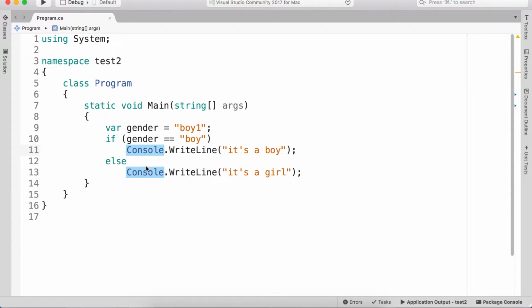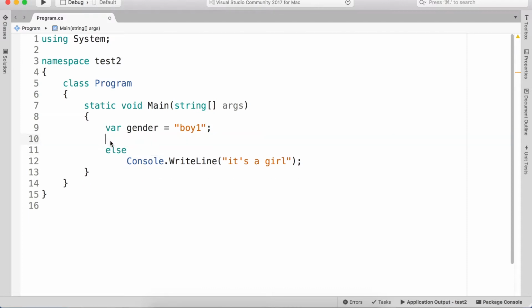So there are two things to note. Else cannot appear without if, because this Boolean expression only appears in if. If I remove this one, it doesn't make sense, right? Also,